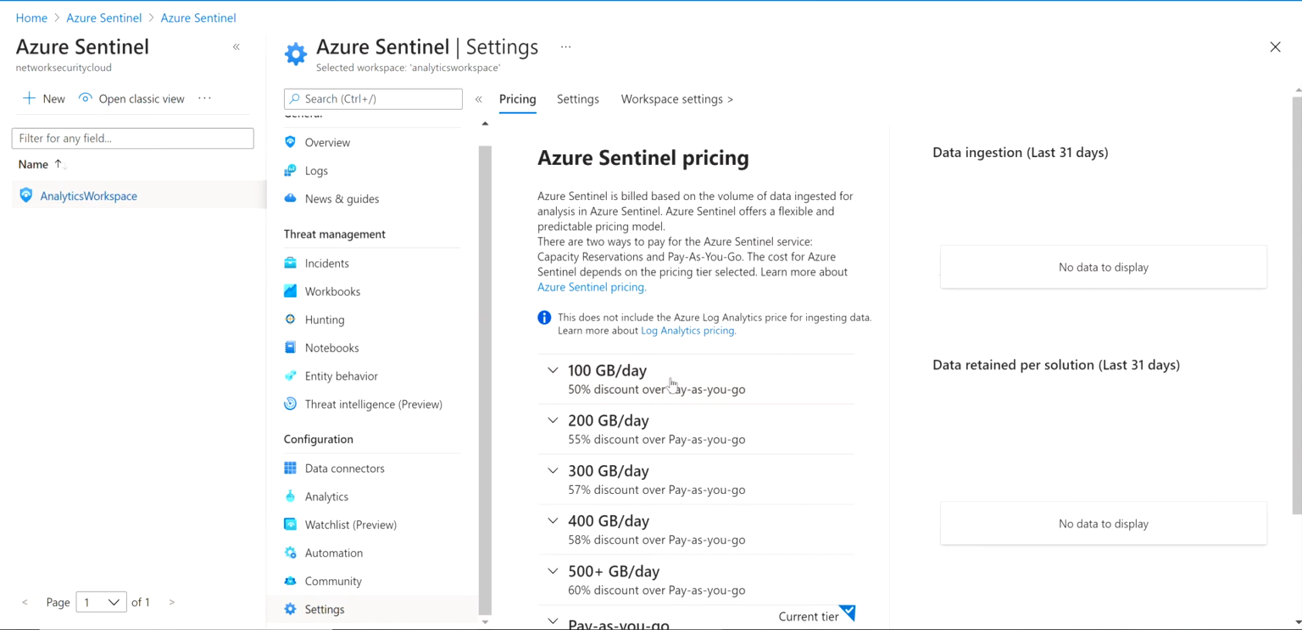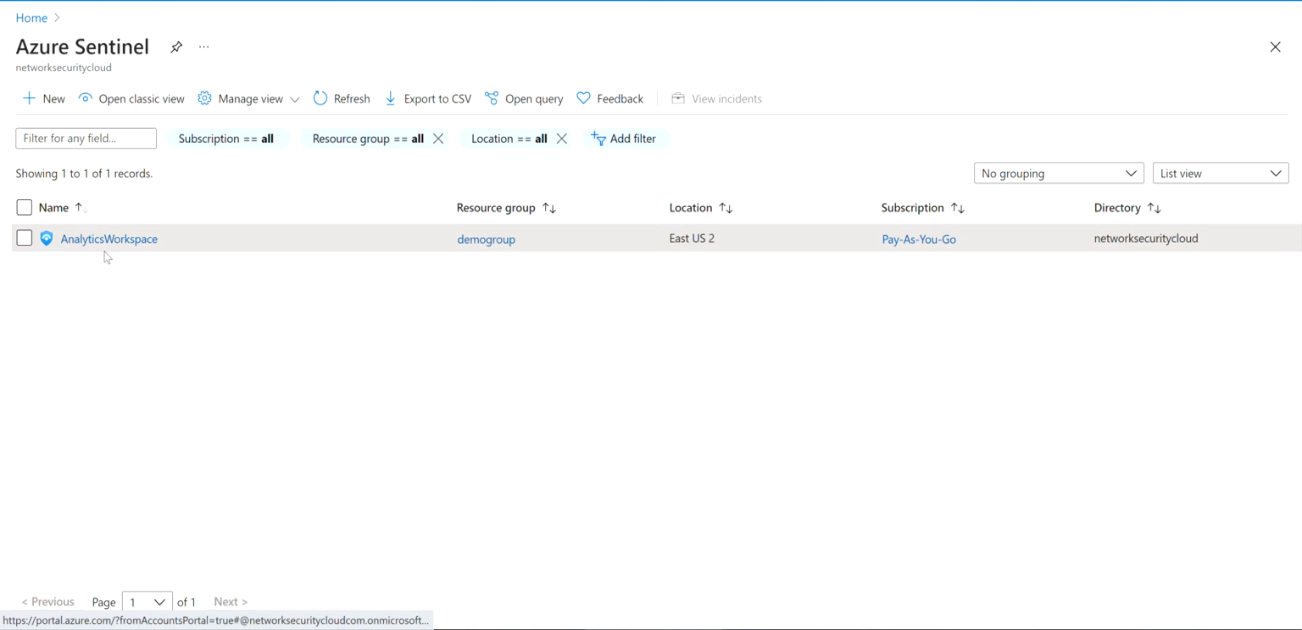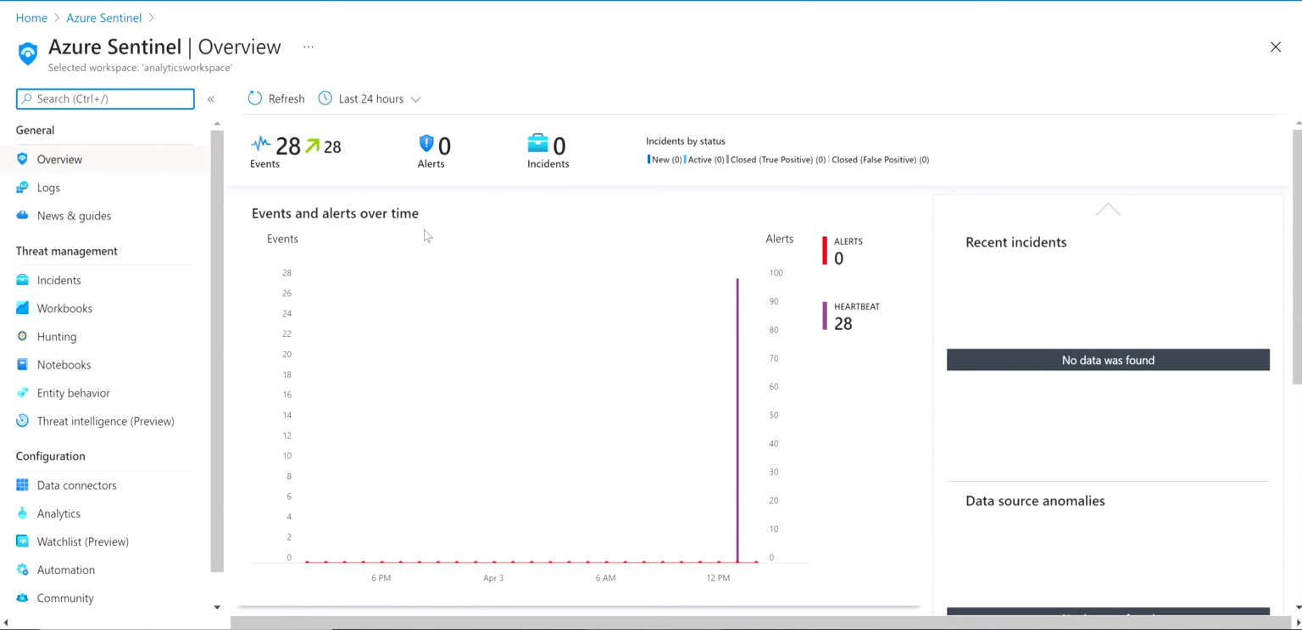As you can see, at 100 GB per day, you're going to get a 50% discount over pay as you go. Today, you can get charged $2 per GB of data ingested. So that being said, I'm just going to quickly first deploy a